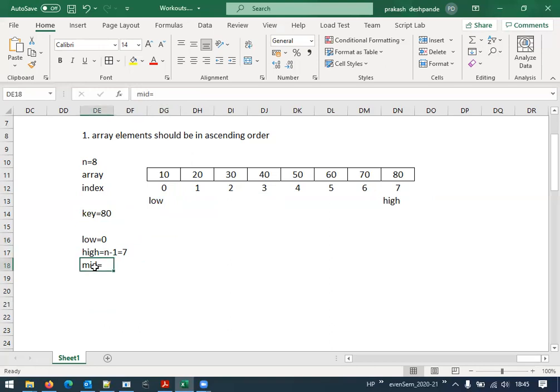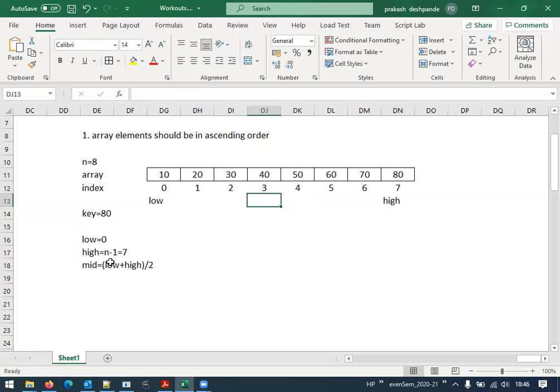Mid is something that we are going to calculate. For the first time, let me write the formula here: (low plus high) whole divided by 2. Based upon this formula, we dynamically calculate the value of mid. So the key is 80 and we are trying to compare the element.